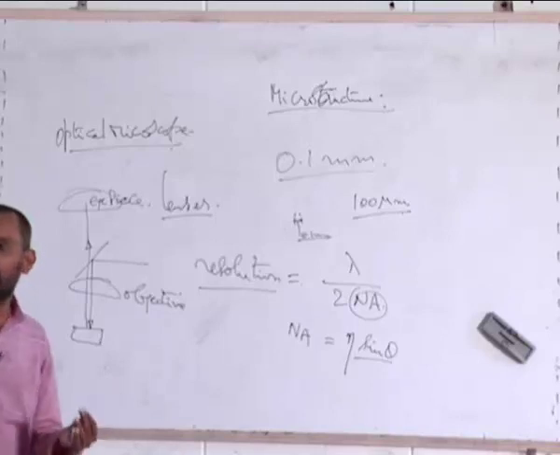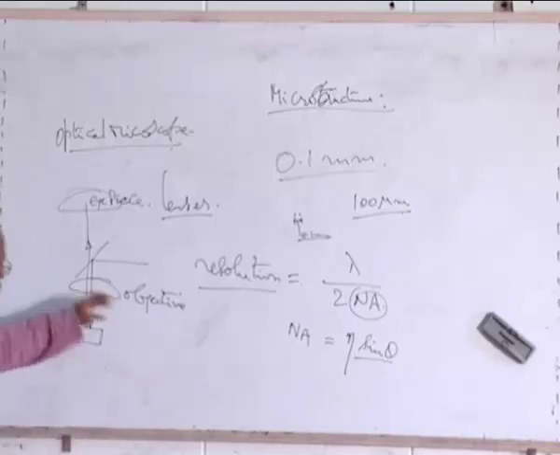This is the basic principle of the whole optical microscope, where the light falls. Of course, there are different types of it. You can make small adjustments here to get what is called a dark field image or a bright field image.